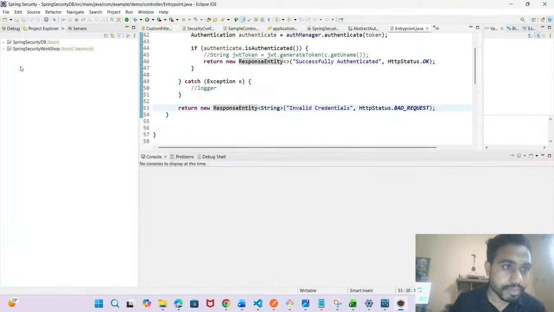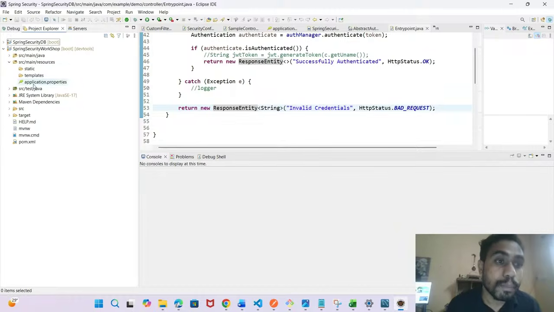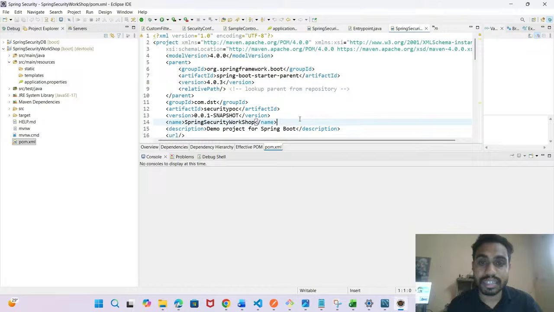See, guys, now you can see here. I hope you guys are clear with the packaging structure of a Spring Boot application. In src/main/java, the total source code will be there. In src/main/resources, properties will be there. In src/test/java, you can write JUnits. In Maven dependencies, all jar files will be there. And in pom.xml, all dependencies will be there, so you can mention any dependency in the pom.xml.